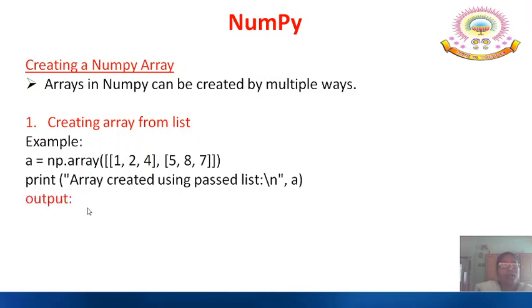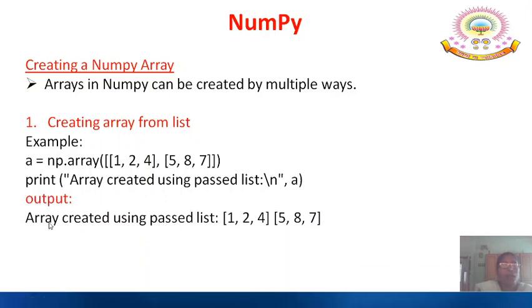Output will be: array created using passed list 1, 2, 4, 5, 8, 7. So here you can see the commas, we provided a list and it becomes an array.